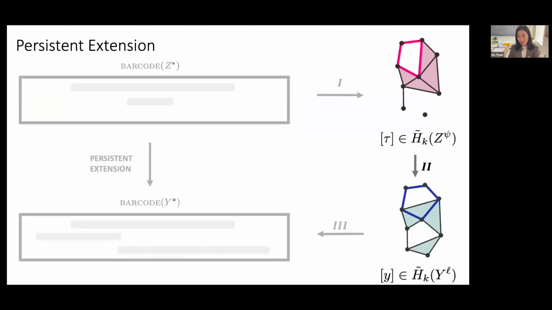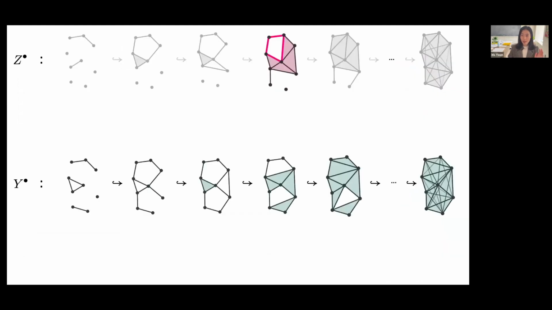So in the second step, we look for homology classes in the bottom simplicial complex. Now at this point, remember that we started with two different filtrations, and we managed to fix a simplicial complex for the top filtration in a unique way. And now I have to find homology classes in the bottom filtration that represent the same cycle as the ones